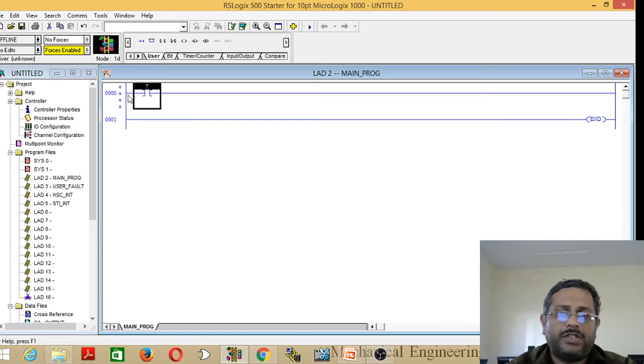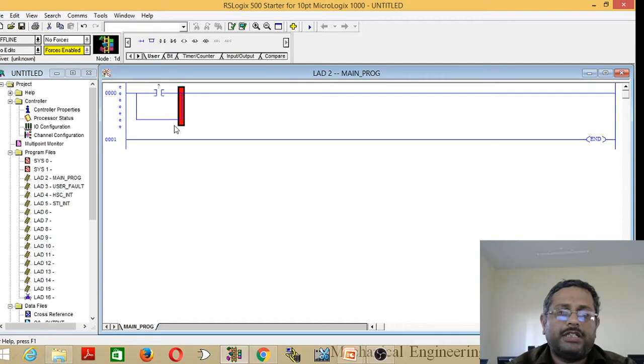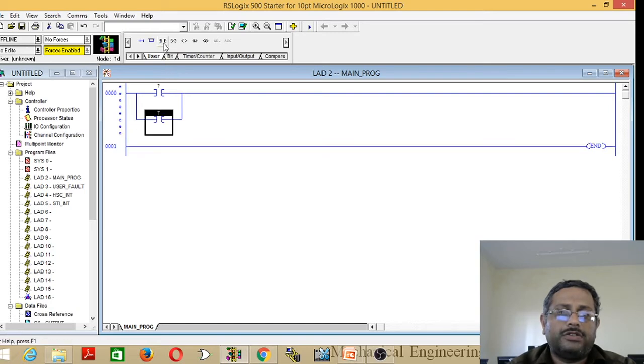For that, you have to click on rung branch, click the rung on which branch we want, click on this icon rung branch, then connect wherever required by drawing a gate, and here you have to add one more, selecting that branch rung, click on contact to be added, then go to here, then add the coil, output coil, then you have to address in the same way as AND logic.